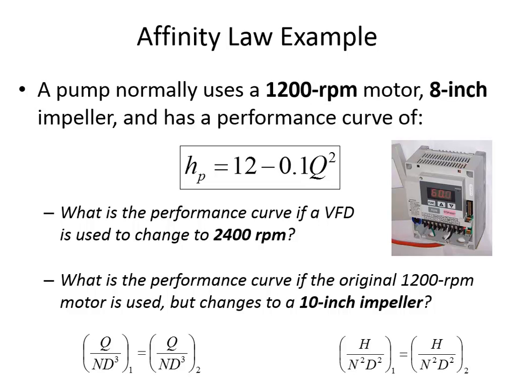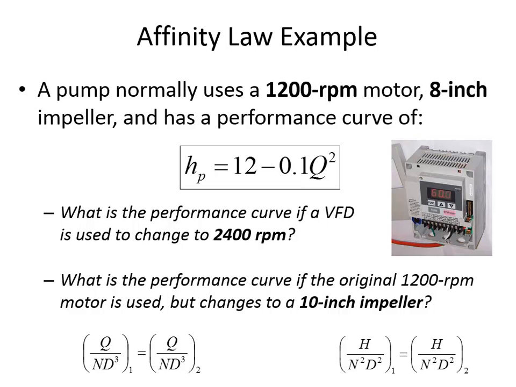But we want to find out what happens if it spins at the other rate. So we're going to substitute in this H1, H2 relationship and this Q1, Q2 relationship. So this was at 1200 RPM. Now if we want to find at 2400 RPM,